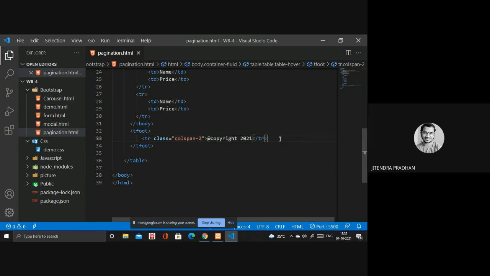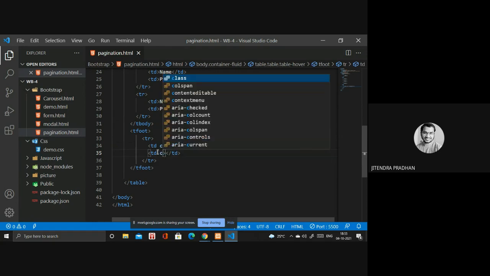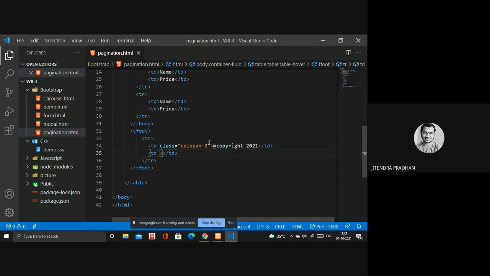So in the td I will create another td inside, and we have to create a tr for that. Then you have the corresponding class.